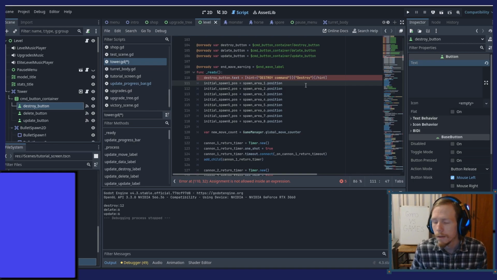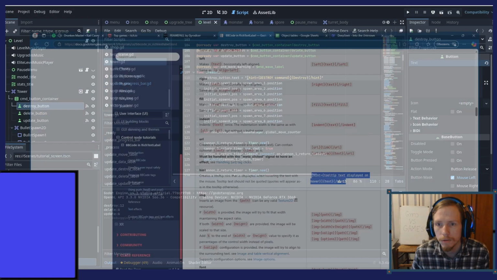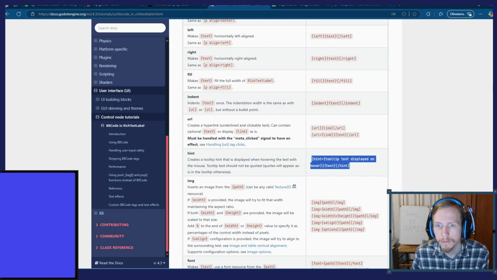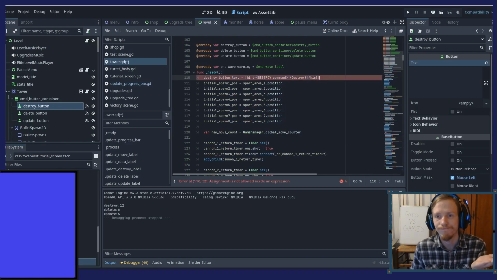I don't get it. I hate that documentation. It's so confusing. I cannot. Quotes will appear as in the... Okay, but then you're talking about this?